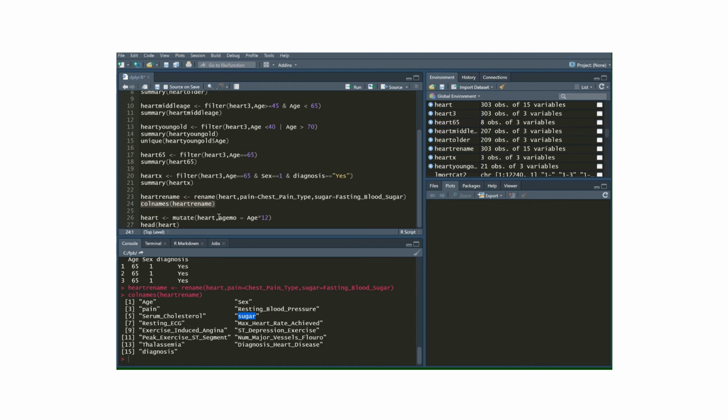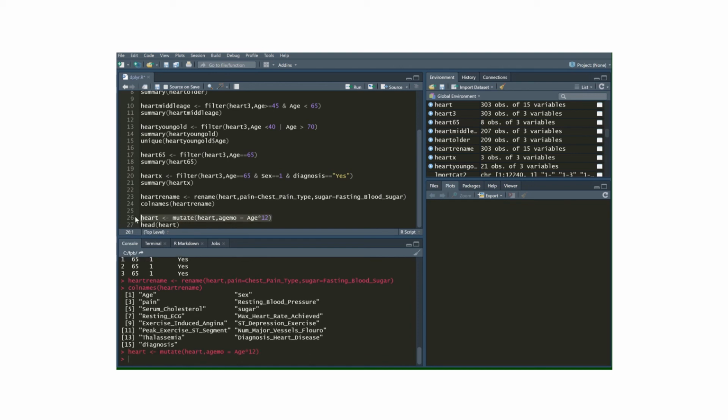And so that simply is the original age times 12. Okay, so the syntax is mutate, original data frame, new variable name, and whatever mathematical operation or transformation you are applying to that data. Okay, so if we run line 26, and if we look at, I'll use the head function here,